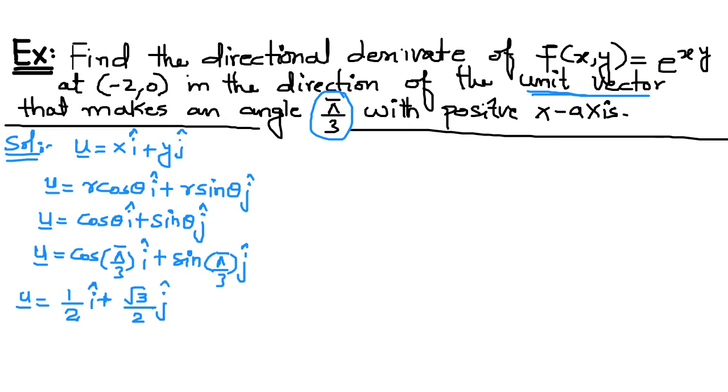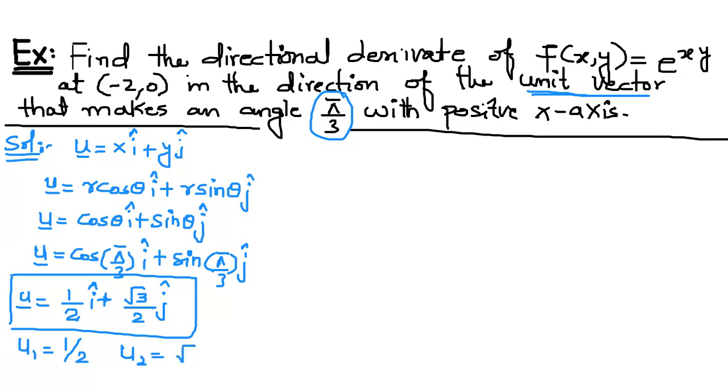Okay, so now we have calculated the unit vector. In this unit vector, u1 is equal to 1 divided by 2, and u2 is equal to what? Square root of 3 divided by 2. So you have to use this unit vector. Okay,